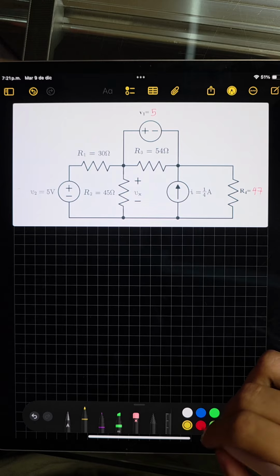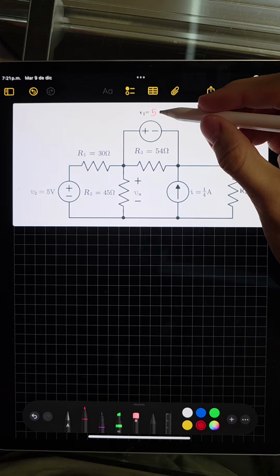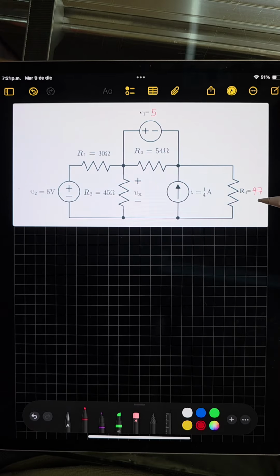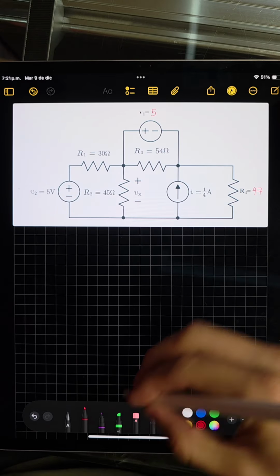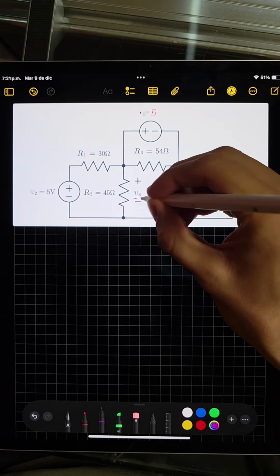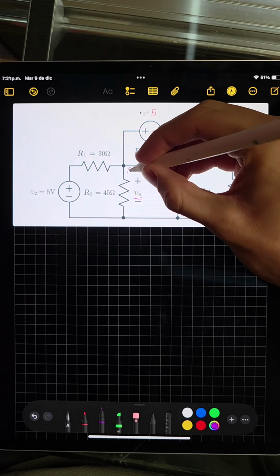So this is the circuit that I have to solve. My value for B1 is going to be 5 volts, and my value for resistance number 4 is going to be 47. We want to know the value of Vx, and we can evaluate the